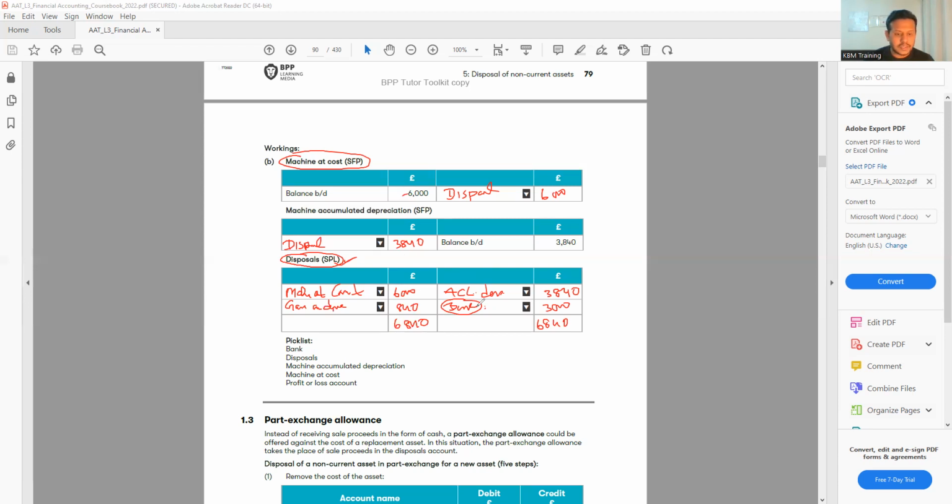If it is not on the list, it will be on the profit and loss account. Gain on disposal belongs to profit and loss account. So it will be profit and loss account. If we make any profit or loss, it will go to the profit and loss account. You have to choose the profit and loss here. Got it, Ramel? Happy with that, James, with the ledger account?